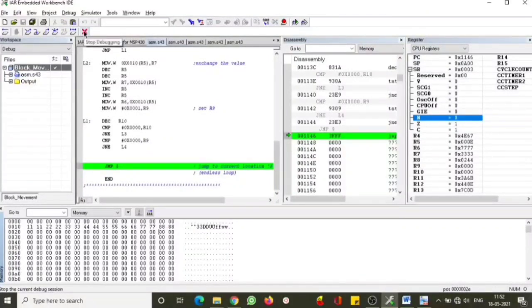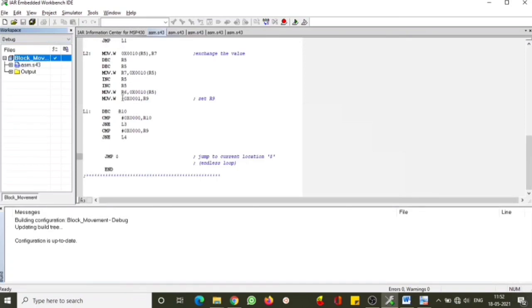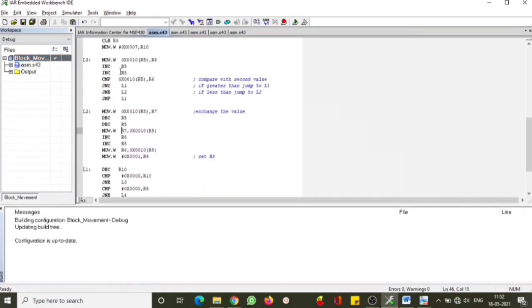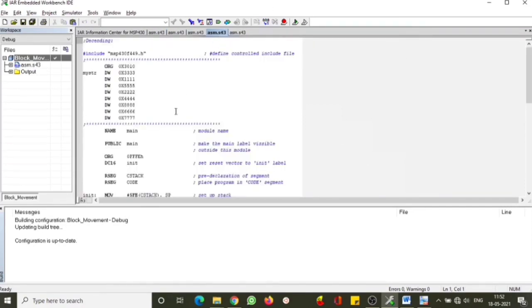Let us see the same thing with a very small change. We just have to change that JNC to JC. If you change this JNC to JC, then it will exchange only for that reason, right? Whenever it is JC, then it has to exchange the data. So you can just change it to JC, then you will be able to see the decrement value. So that's all, the simple program that you can see.